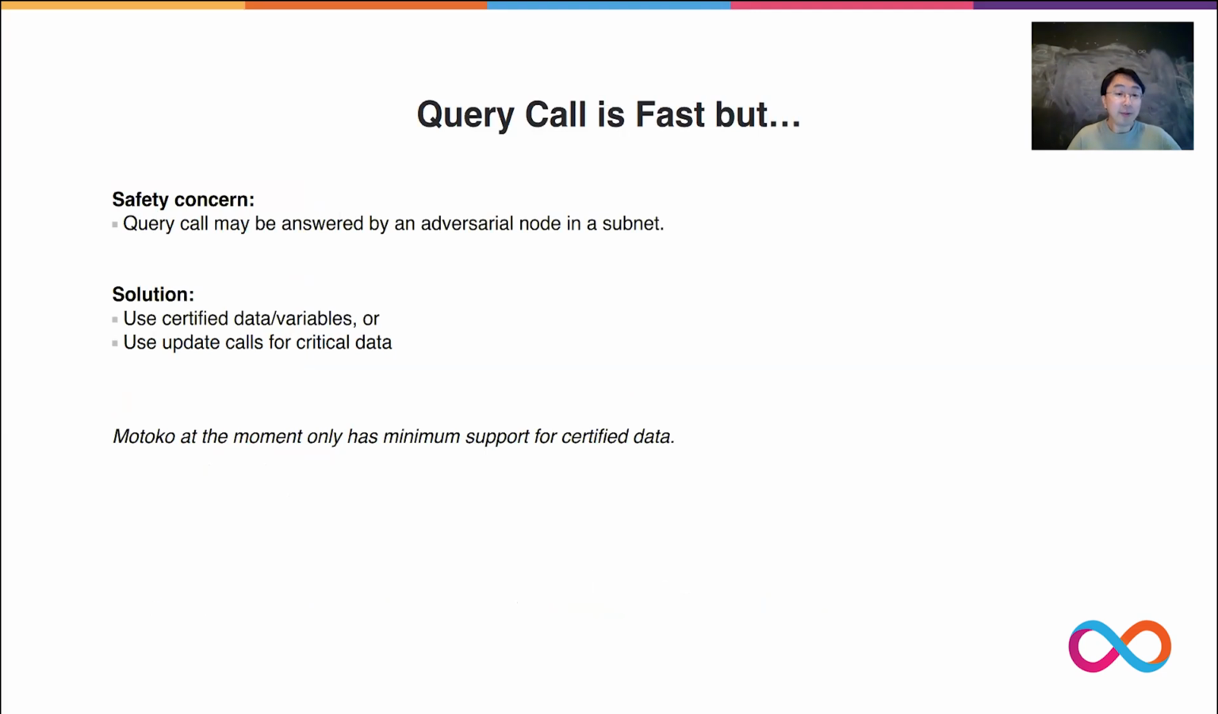So a query call may be answered by a random node, but this node may be adversarial, right? You never know. Which is why we have to run consensus among all the nodes. As long as the majority is honest, then we can know the update calls are executed correctly. But for a query call, it's hard to know that. So to guard against something being returned wrongly,